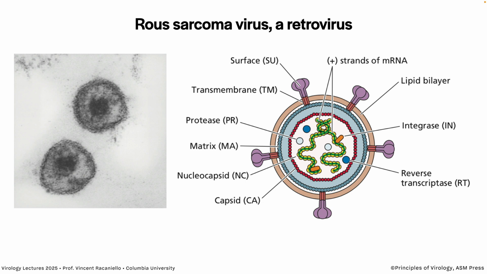And then a variety of proteins, including reverse transcriptase, is in the particle, right? Because you need that. The RNA gets in the cell. There's no reverse transcriptase to copy it. Actually, there is, found many years later, but that's another story. We'll talk about that a bit. There's also a protein called integrase, which integrates the double-stranded DNA product into the cell genome. So that's the basic overview of a retrovirus.